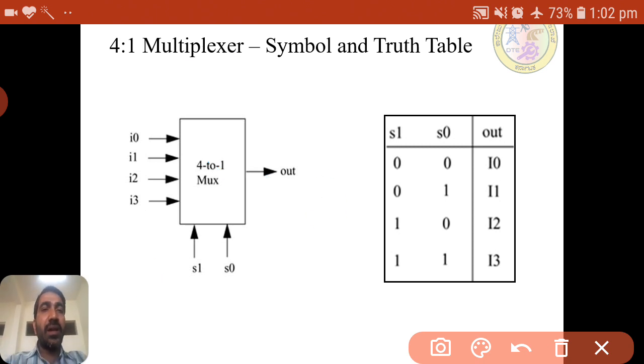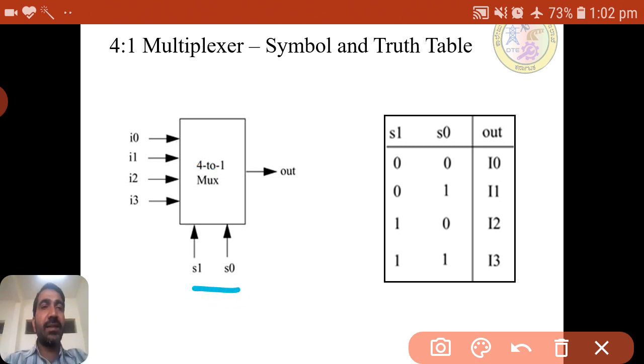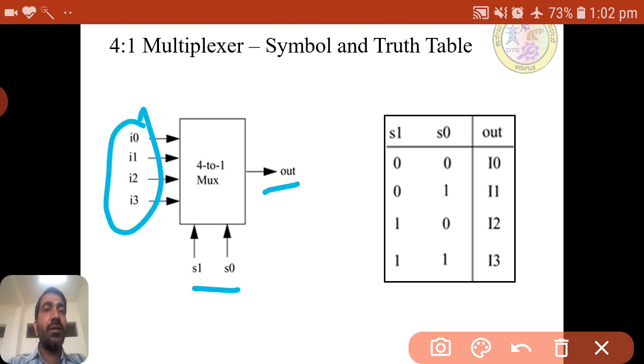Out of the 4 inputs, one input, whatever input is there, I0, will be passed to the output based on the select lines, that is S0 and S1. Based on that we select the input and assign it to the output.